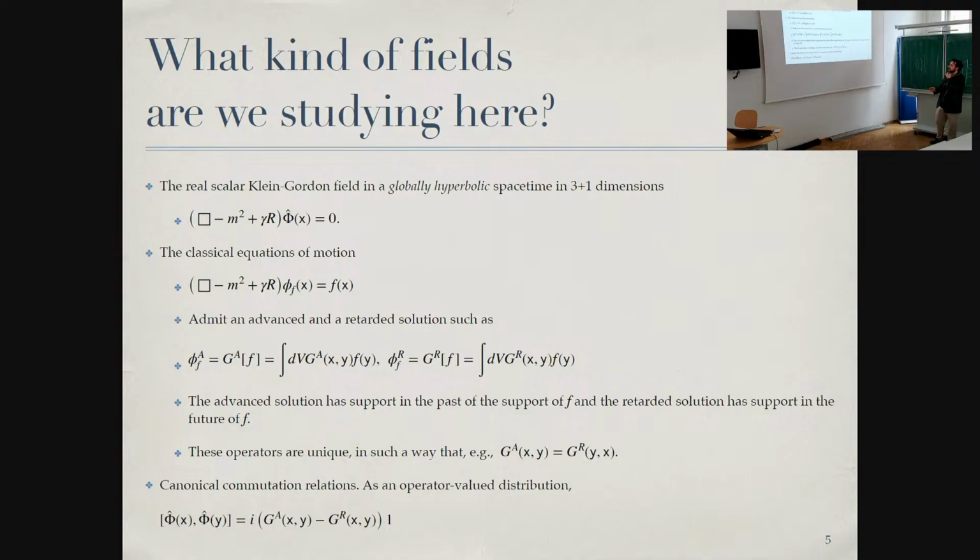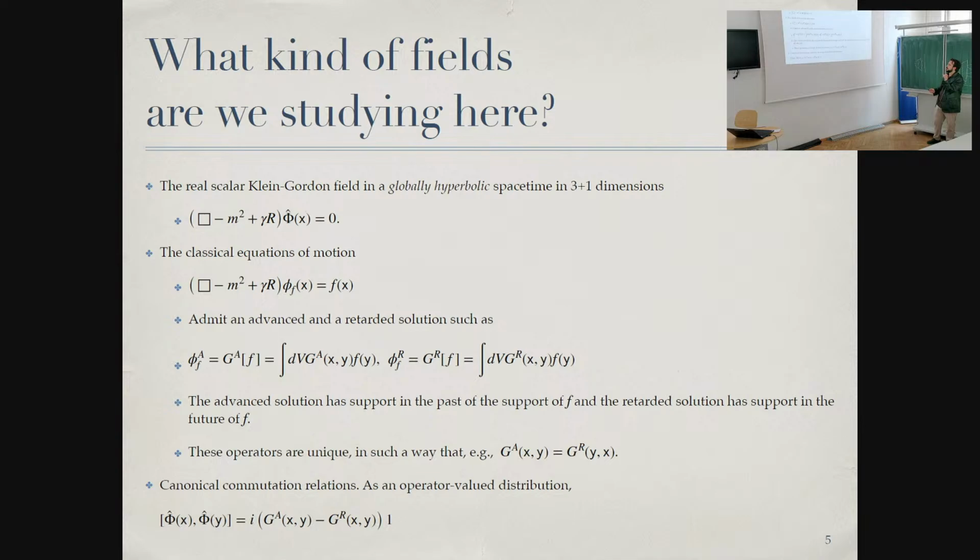which has these equations of motion and whose classical equations of motion in their inhomogeneous version are given by the same with a scalar, not an operator value, like a function, and some source f. So this equation admits an advanced and a retarded solution, such as you can write them down with an integral